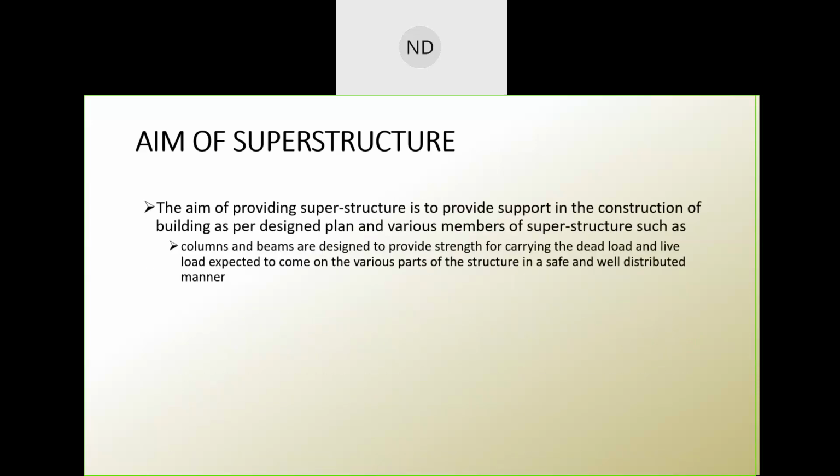Okay, so next slide. What is the aim of your superstructure? Now let's see what is the aim. The aim of providing the superstructure is to provide support to the construction of the building as per design plan and various